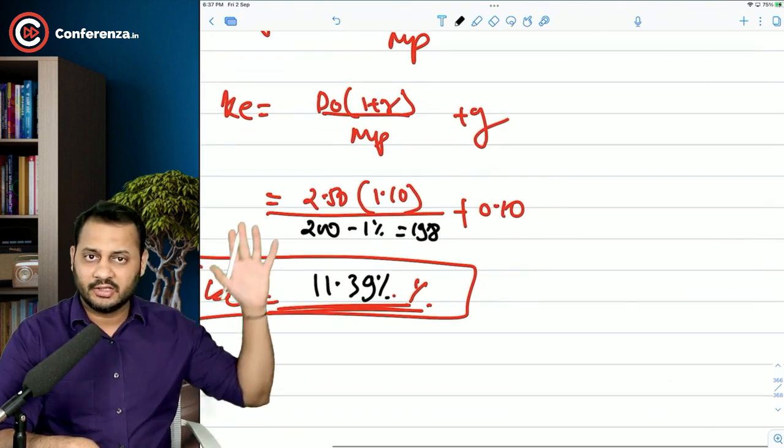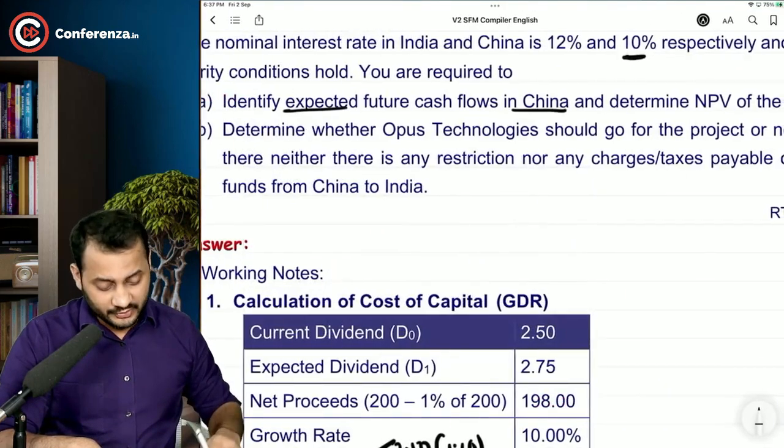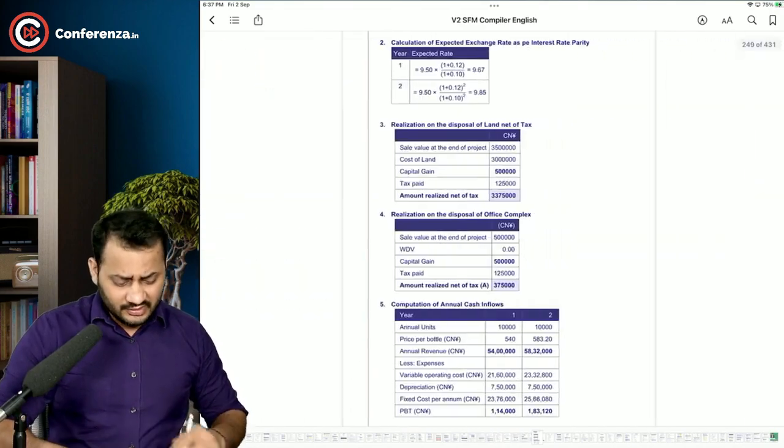So that was the mistake in our calculation. Now we have the cost of capital. This is what we are going to use for the purpose of discounting. Now what else? Nothing, sir. See,